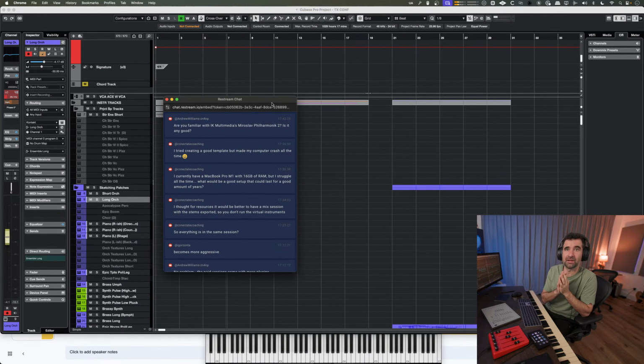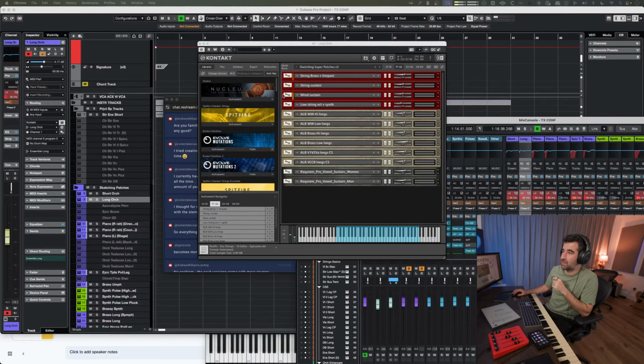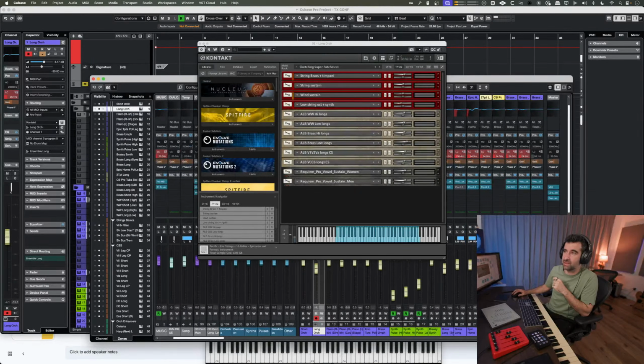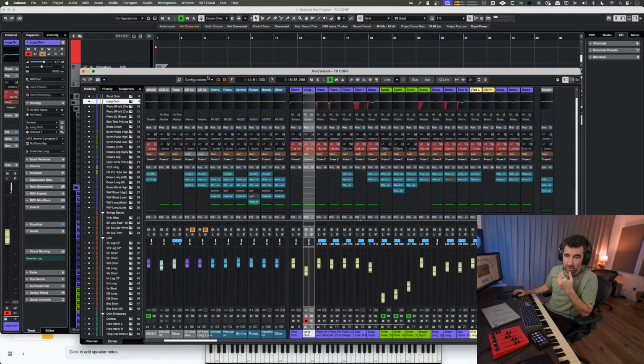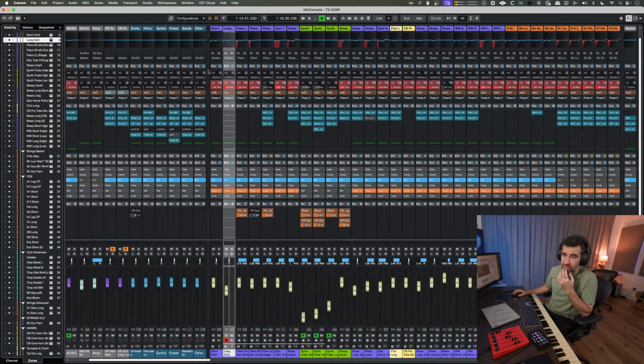Not every plugin will do when it comes to the mixing side of things. There are many plugins that, number one, are too CPU intensive, and number two, they add latency. I will show the ones that I use for mixing here. For example, if you look here, if I activate these plugins,